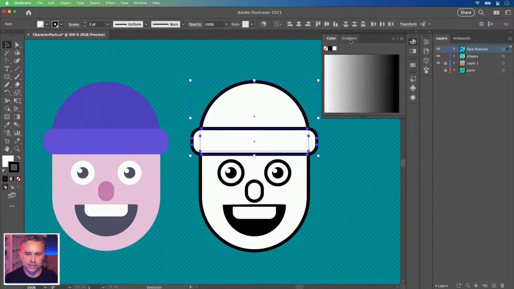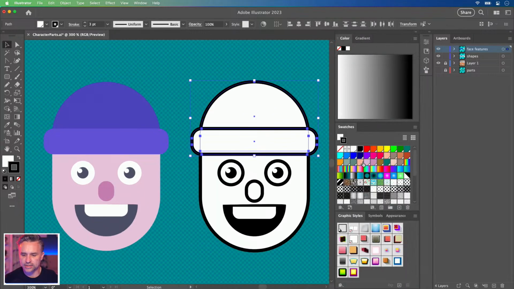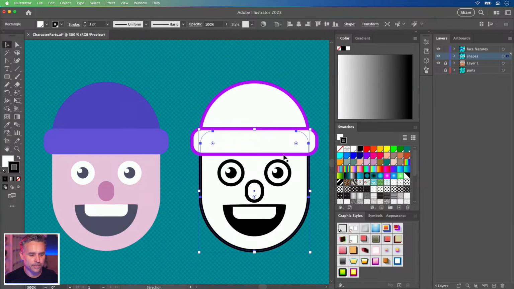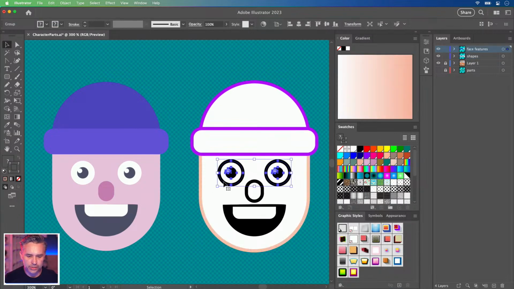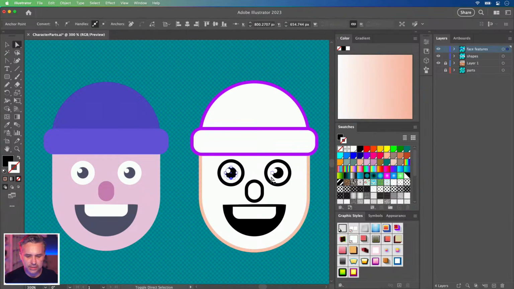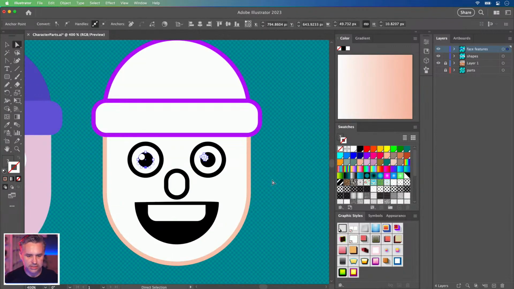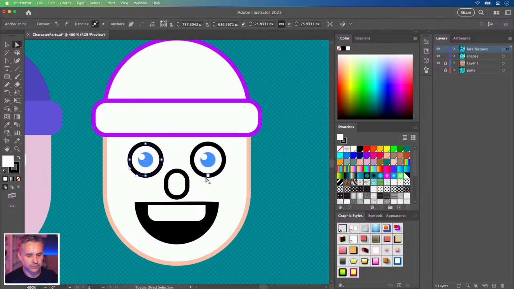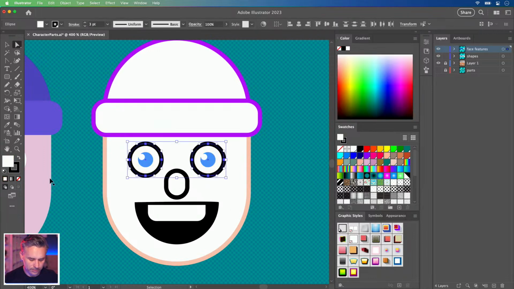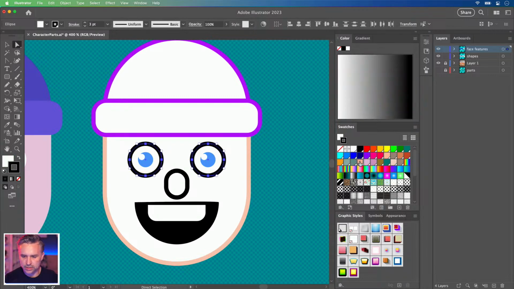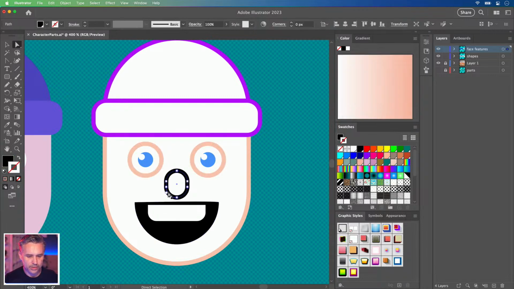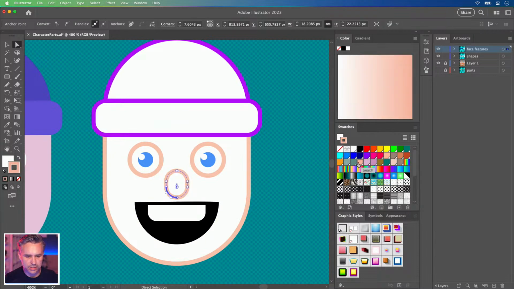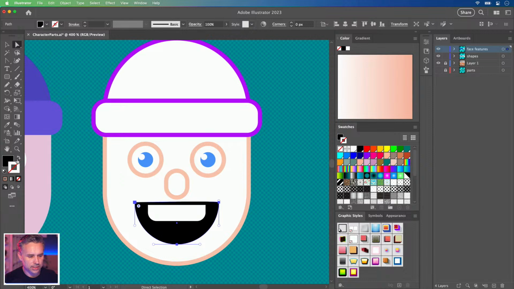Where we're going to add the color is to the lines. So there you go. You have the purple. You have the sort of facial-like tone there. The color of the eyes are going to be something else. And still need these to be soft. Hit X to swap those two. Let's take this. There we go. And lastly,